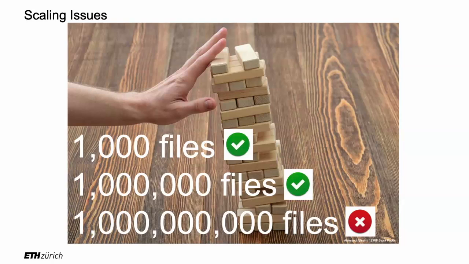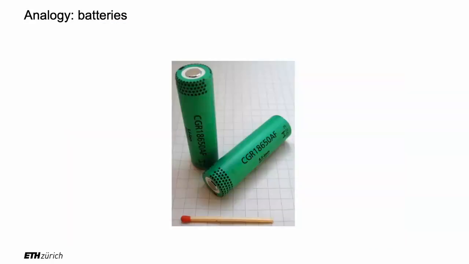Then you will see the number of files when you do that, and it's typically thousands or millions. And billions, that doesn't work. You cannot have a billion files on your disk, right? So we have a scale-up problem here. We cannot go very far with that. However, we have some ideas that lie around on how to scale.